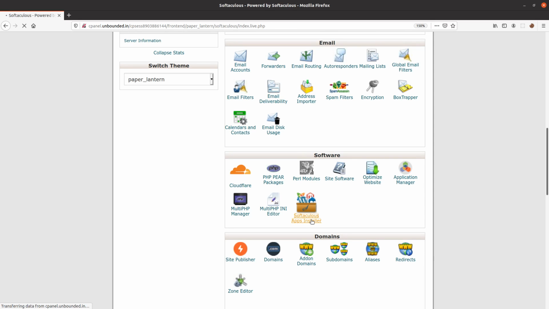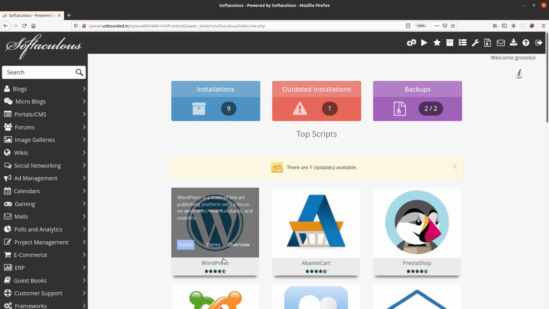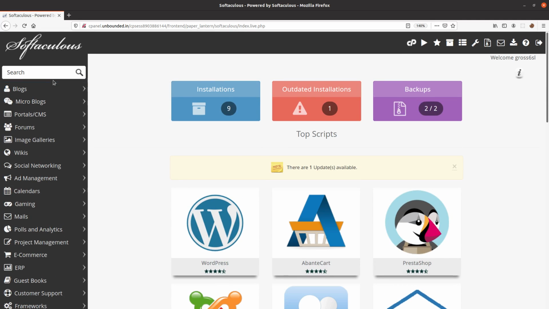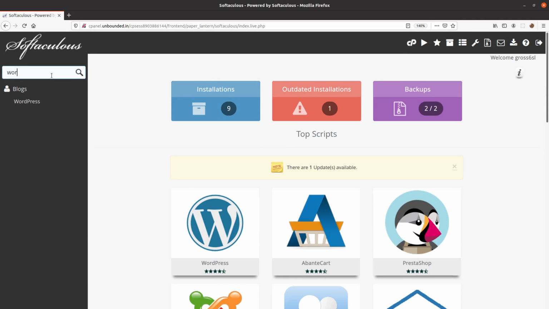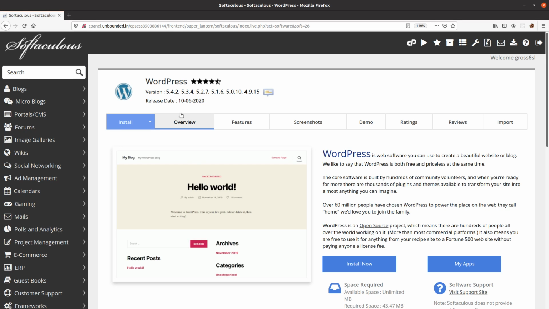Once you click on this URL, it will open a page where you can download a number of software packages. So your page also should look something like this. And then here you can go ahead and install WordPress. So we need to install WordPress. If WordPress is not available on the home page, you can search here as well, and then you can see the WordPress software that we want to install.